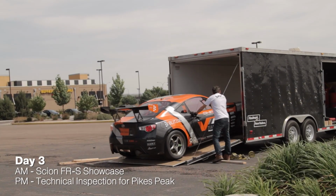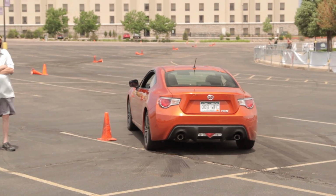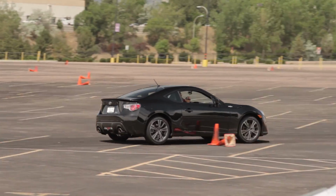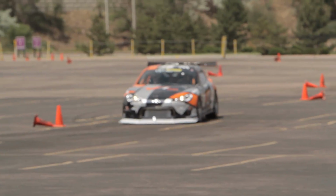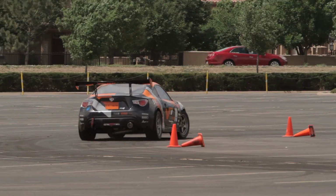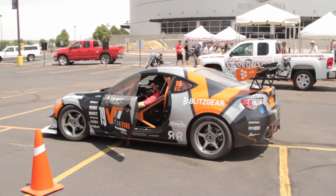Day 3. The day kicks off at a Scion FR-S showcase event, where fans ride shotgun in some new 2013 FR-S's around an autocross course. Richard and Sed offer rides for a few lucky fans and get to showcase their car and some of their driving skills. Not long after, the team heads over to technical inspection to ensure the vehicle meets all safety regulations